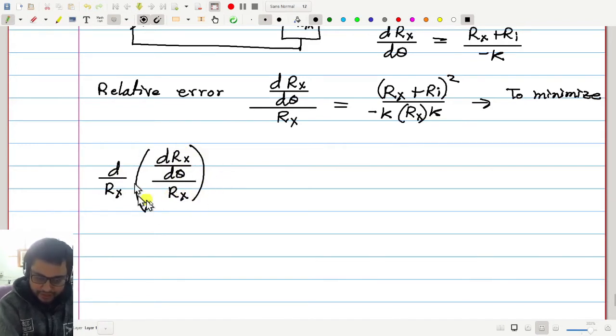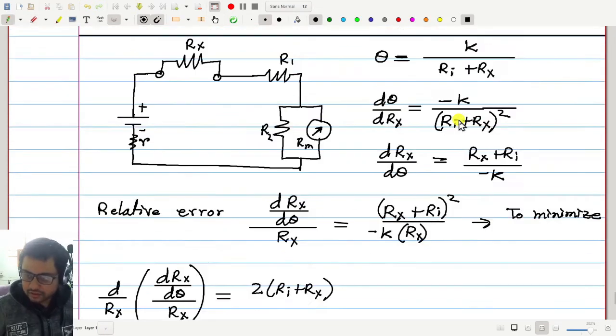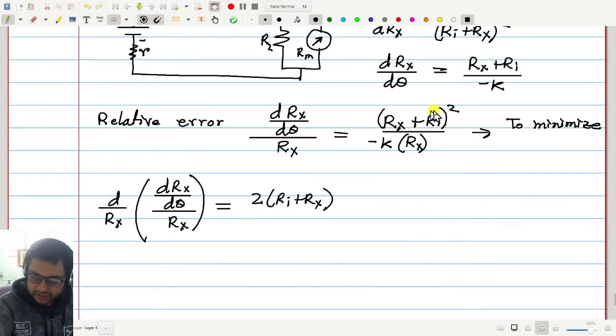So let me differentiate this quantity. Differentiate numerator, 2 times Ri plus Rx, times this. Differentiation of numerator, then differentiation of denominator is 1 minus numerator as it is,